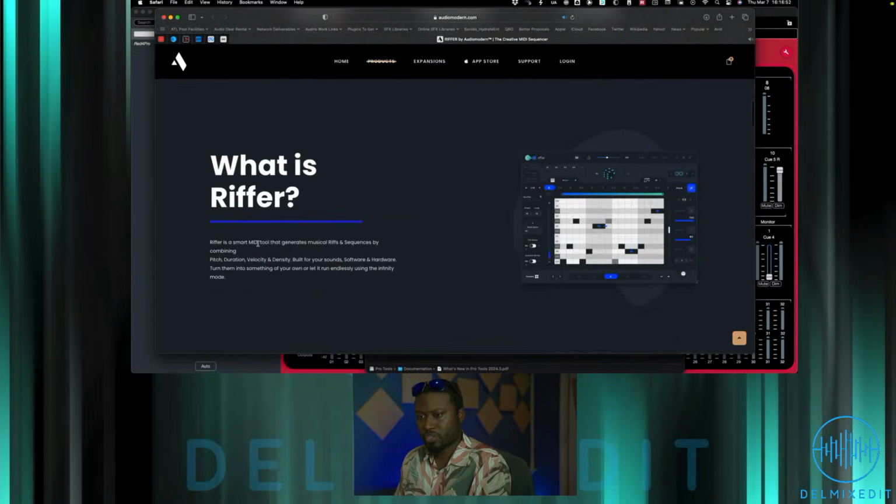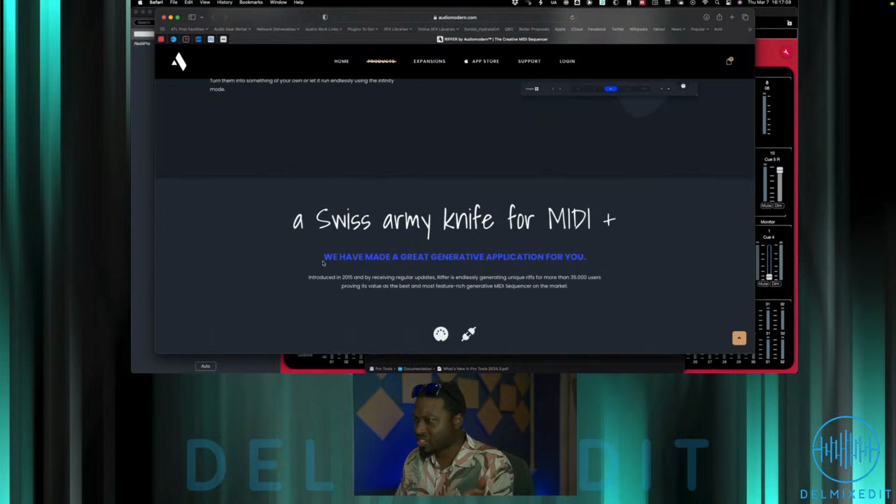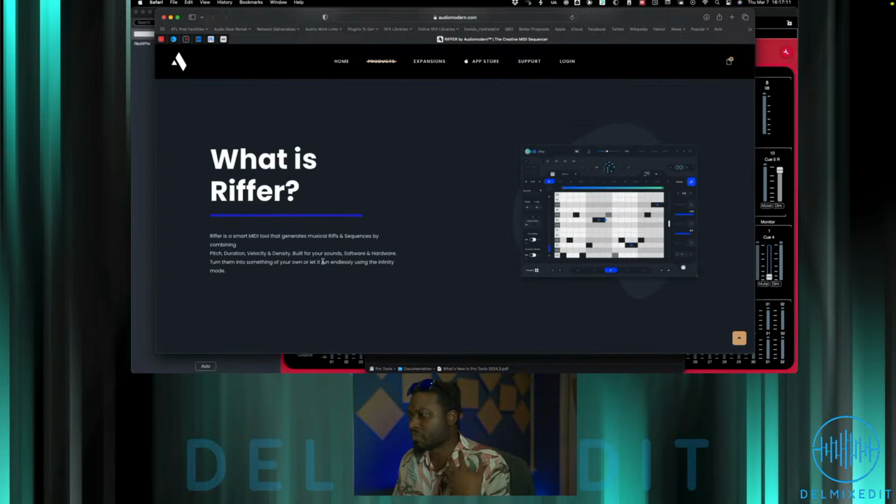Okay, so Riffer is a smart MIDI tool that generates musical riffs and sequences by combining pitch, duration, velocity, and density, built for your sound, software, and hardware. Turn them into something of your own or let them run endlessly using the infinity mode. Okay, so basically, like I said, it's an arpeggiator mixed with some different effects, I think, that they have in here. So it's just another way of creating custom patterns and things with keyboards and MIDI